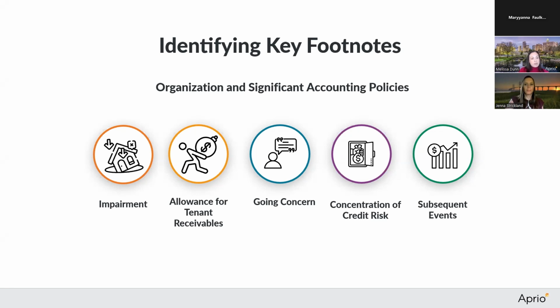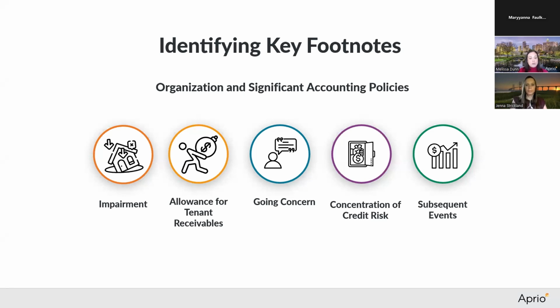In affordable housing, typically you start with the organization, so information about the organization. It'll have a description of the project, the type of housing it is, the key parties involved, and the ownership structure. So that's very important. And then you'll have a summary of significant accounting policies. So that shows the accounting rules that were followed. And it can be a pretty long list. You can have that it's under GAAP. It can talk about revenue recognition for rent, how that's recorded.